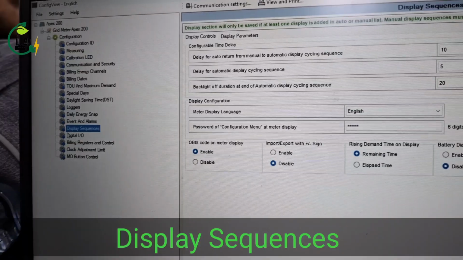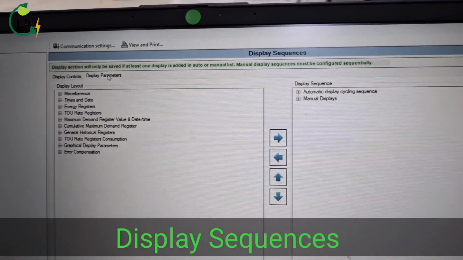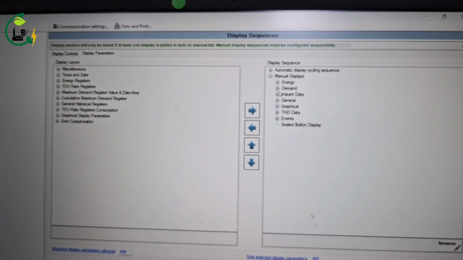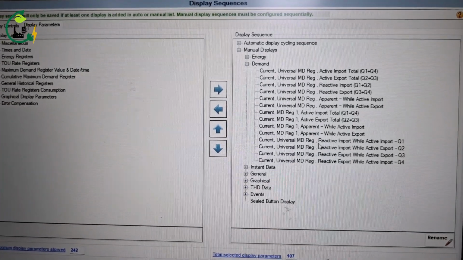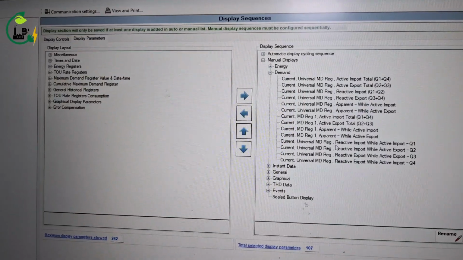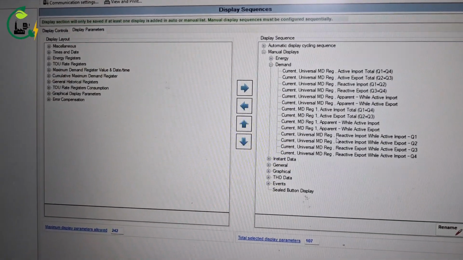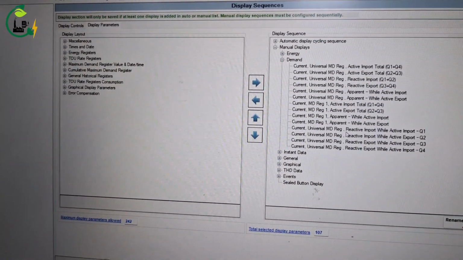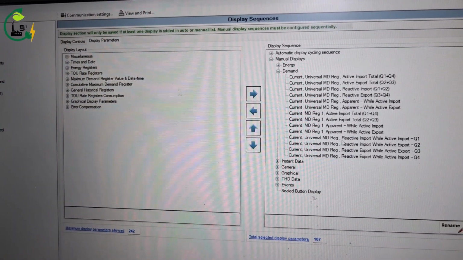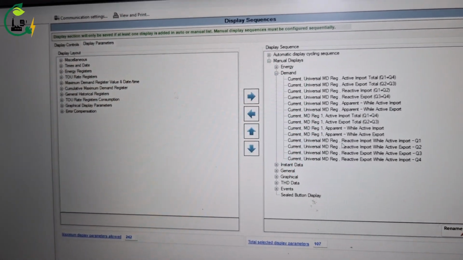Now the display sequences. All the energy meters have automatic display sequences, but we can manually set the display sequences. So this is the option. In demand I want to, for example, show the active import, reactive import, currents, voltage. I can select from here. For example, anything I want to add or remove,